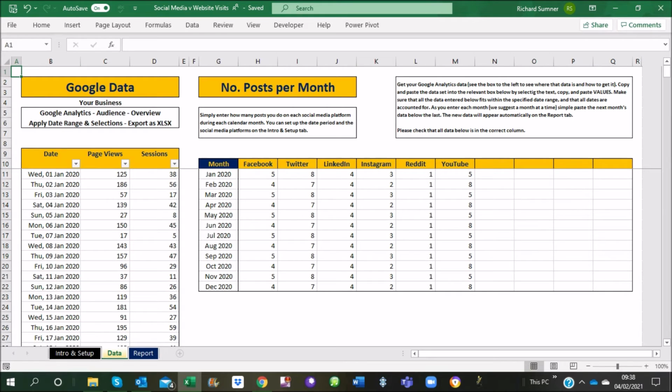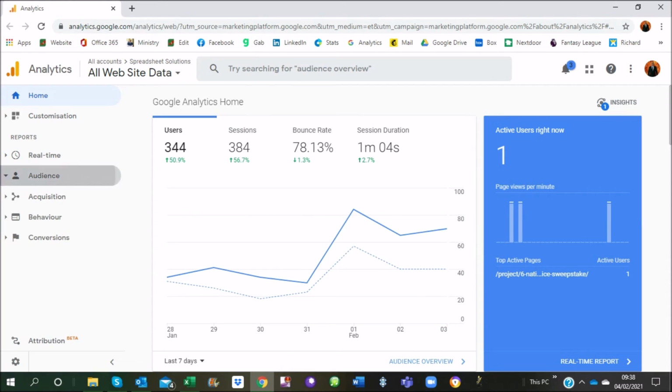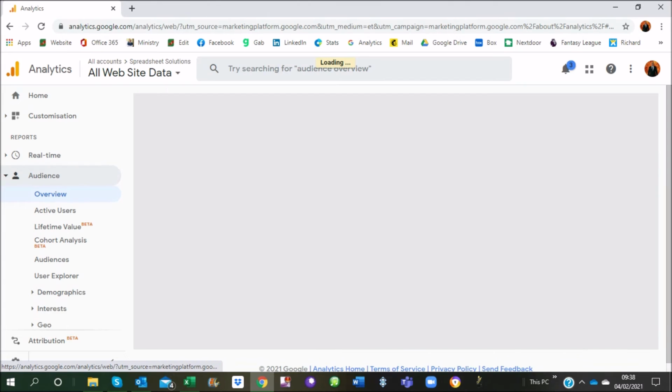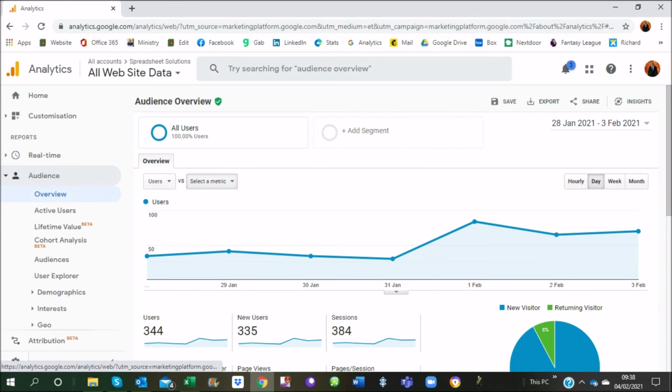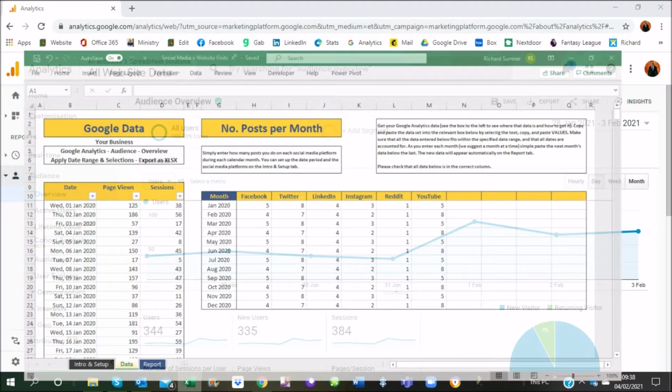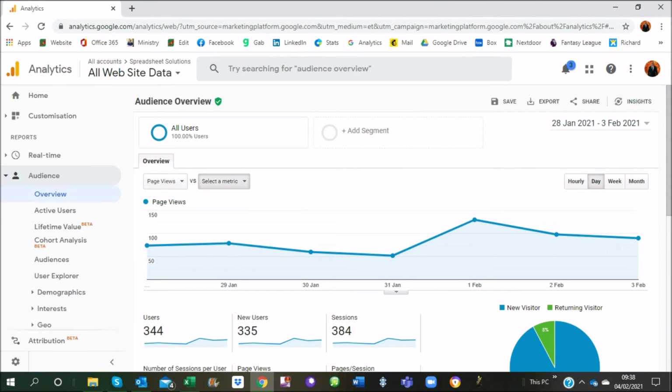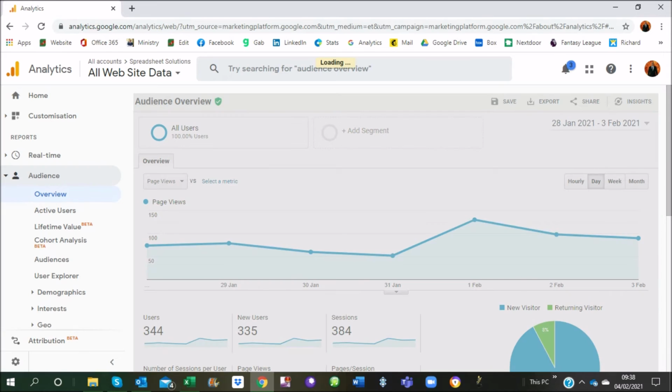So once it's set up, you can then go and get your Google Analytics data. All you really need is your page views and sessions. So how do you get that? You go to Google Analytics, audience overview. So if I go to my Google Analytics audience overview, and then the overview tab will pop up with a graph. Then all you do is you select the two: page views and sessions. So if we come here and we say page views, and we go here and we say sessions,